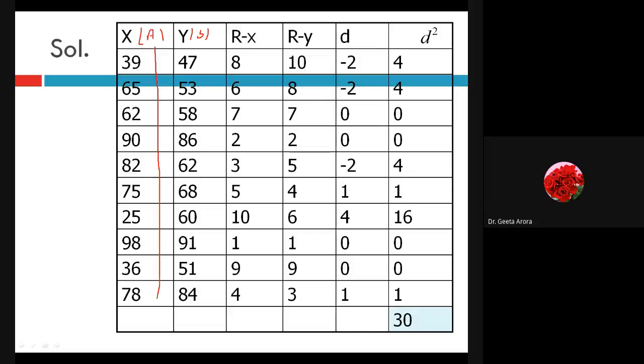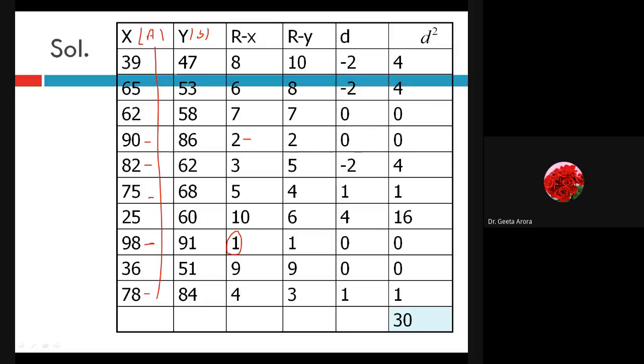advertising cost, and if we see which is the largest value, here 98 is the biggest value, so we have ranked this value as 1. Again, is there any other value in the 90s? Yes, here we are getting 90, so we have ranked it second. Third, here we have 82, fourth is 78, fifth is 75, and so on. So here we have to be very careful: we have to read the values and rank them from 1 to n, whatever the sample size we have.